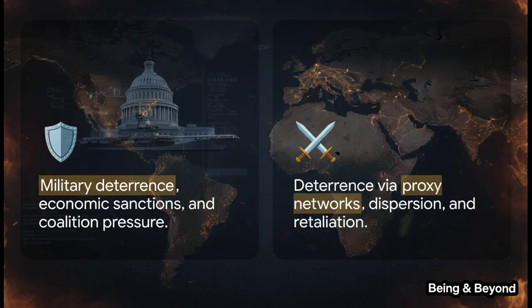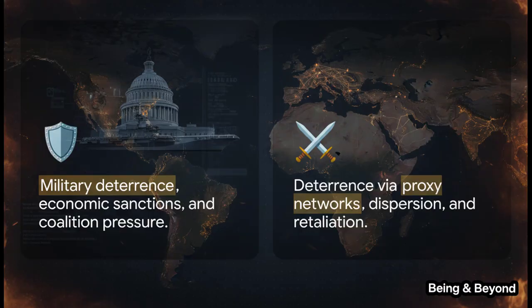Iran, on the other hand, being outgunned conventionally, operates on a highly sophisticated doctrine of deterrence through dispersion. They rely on a sprawling network of proxy militias across the Middle East, utilizing asymmetric drone warfare and calculated retaliation. Essentially, Iran's strategic logic is to make the entire region less safe for its adversaries, forcing the physical and political costs outward. It is a complex, multidimensional conflict involving cyber risks, covert operations, and political signaling that reaches way beyond